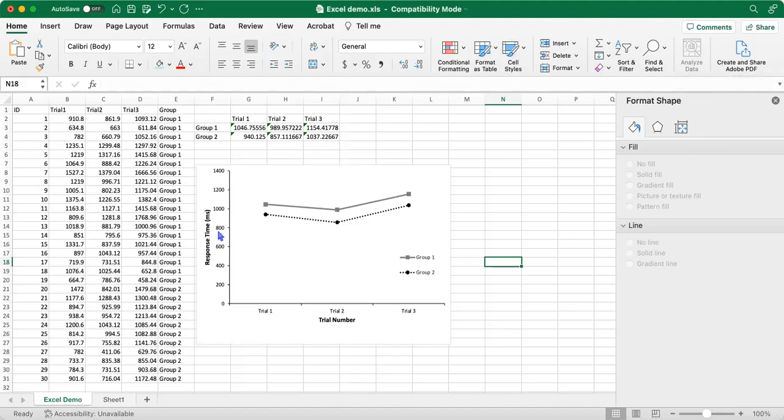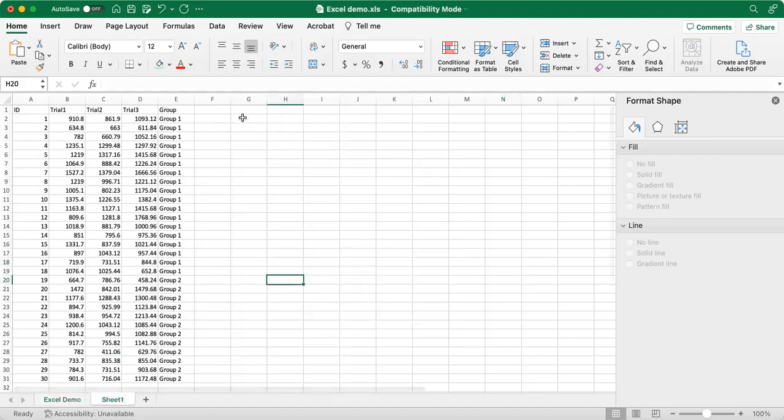In this case, we have a line chart example. This is all hypothetical data. There are two groups that completed 3 trials. So our dependent variable is response time for each of the trials, and this would be a repeated measures subject design. To get started, the first thing that we're going to do is create a table with our summary